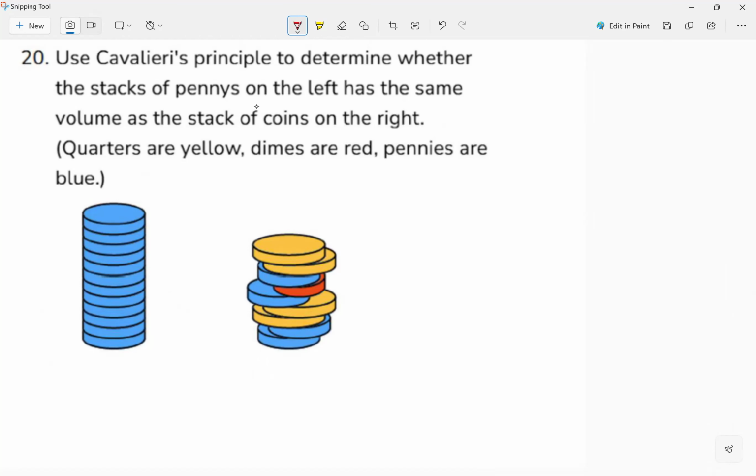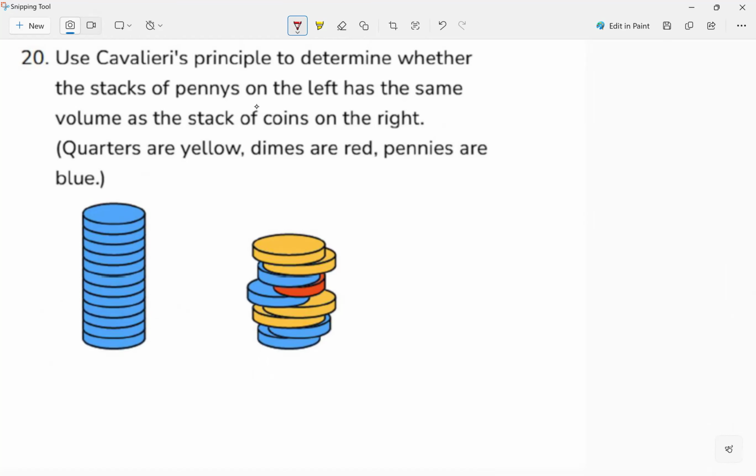On the left side, they're nothing but pennies because they're all blue, right? They're all pennies. On the right side, I see some quarters. I see what, four quarters because quarters are yellow. Dimes are red, so I see one dime. And then I see some pennies as well. Coins are different. The coins on the left, or my stack on the left, are not the same as the coins on the right. So Cavalieri's principle said